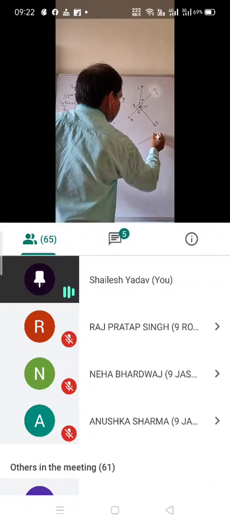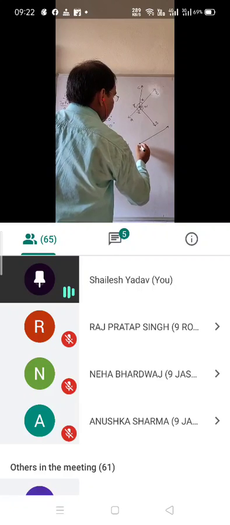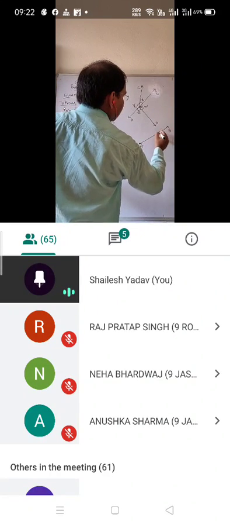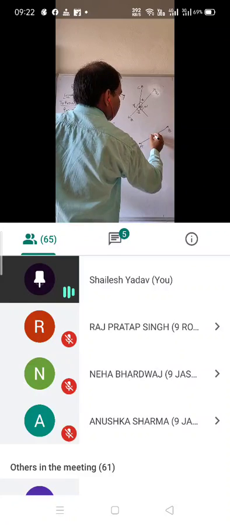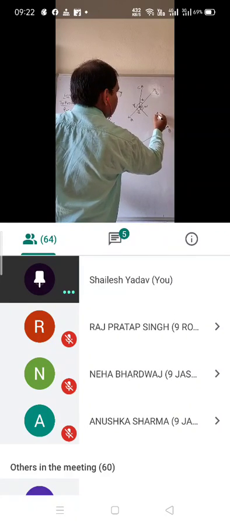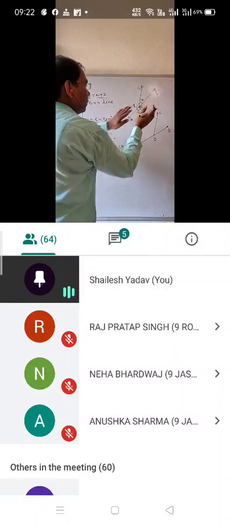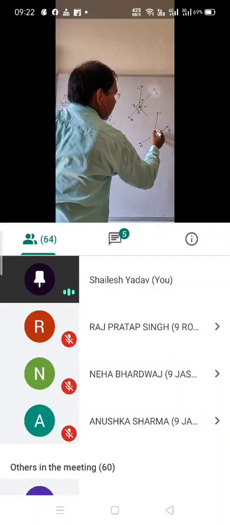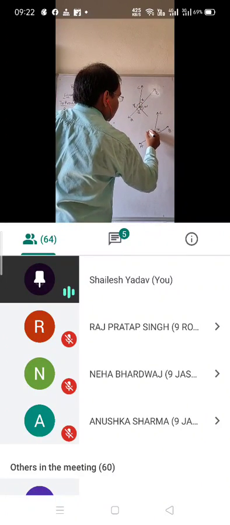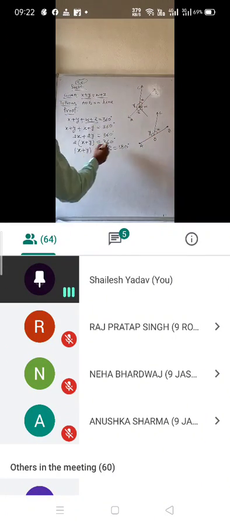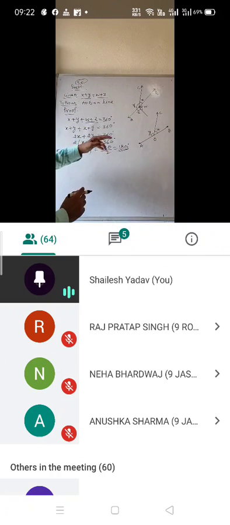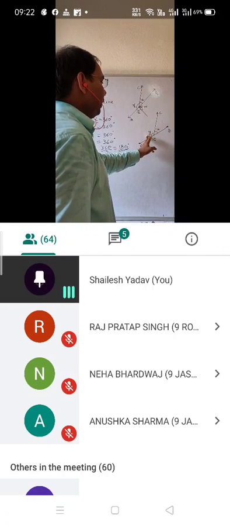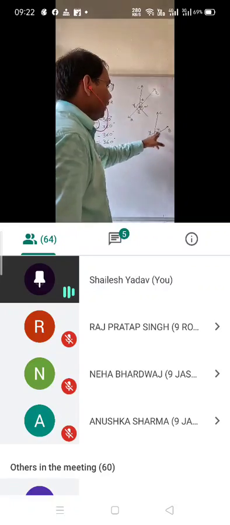It is like this. I am going to draw half of the diagram. It is A, B, here it is O, and this is given like this. It is C. Only I am going to draw this portion of the diagram. Here it is x and here it is y. And here you have proved that x plus y is equal to 180 degree. So students, when will x plus y be 180 degree? When it will be a straight angle.